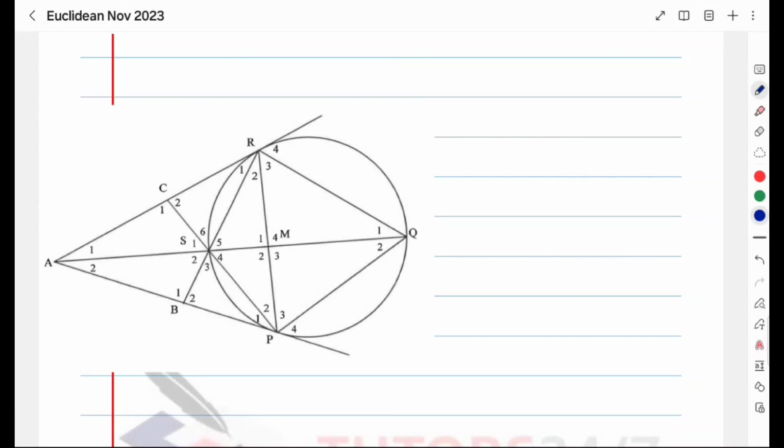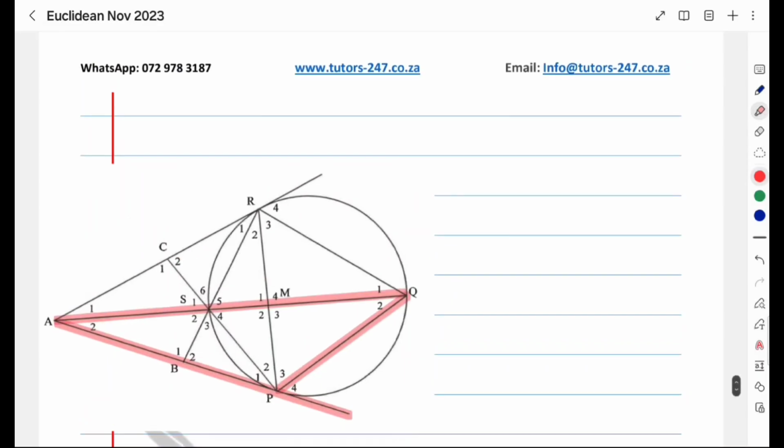So please take note that we previously found P2 in terms of the angle Q, or we could say Q1. Now here we can also find A2 in terms of the angle Q. It's not Q1 like we found P2 to be equal to, but it is closely connected to Q1. It is the angle Q2. So I'm going to connect A2 to the angle Q2 by stating